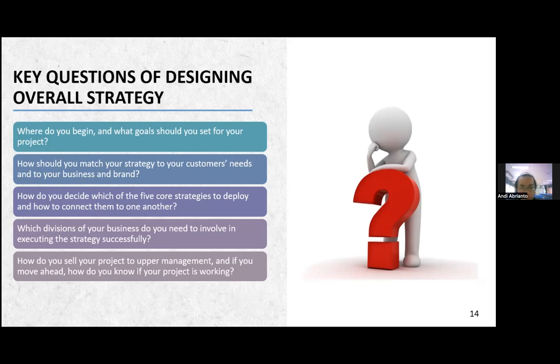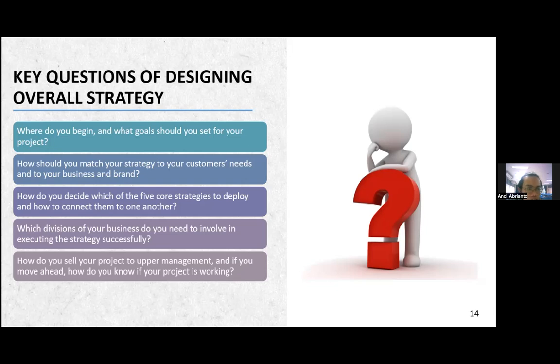Any organization that is serious about customer networks will want to develop an overall customer network strategy, that is a broad plan that includes one or more of the 5 core strategies of access, engage, customize, connect, and collaborate, and is matched to the specific needs of the organization or business. So the key questions of designing an overall strategy are